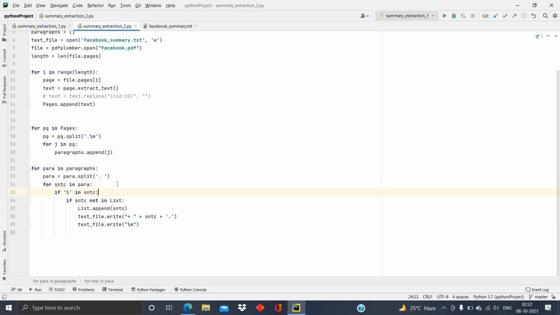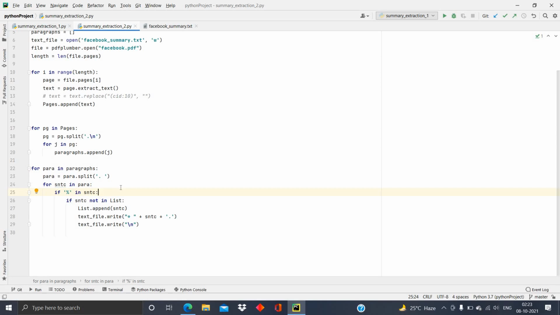To know that, I am going to search the entire sentences list using the percentile character. The reason for using the percentile character is that we can simply find the amount or percentage of profit or loss the company has got in a particular financial year.